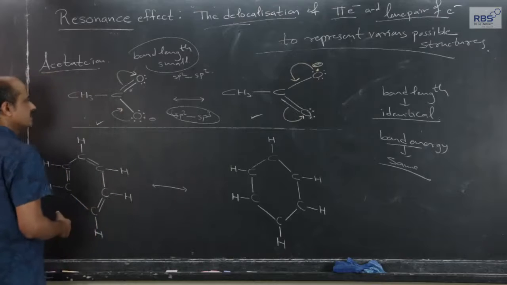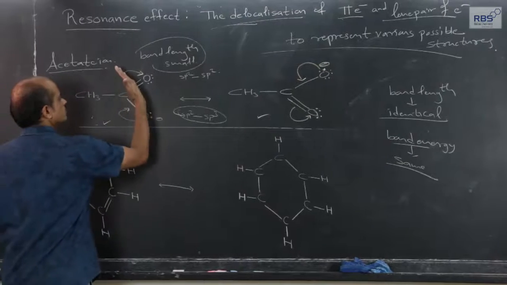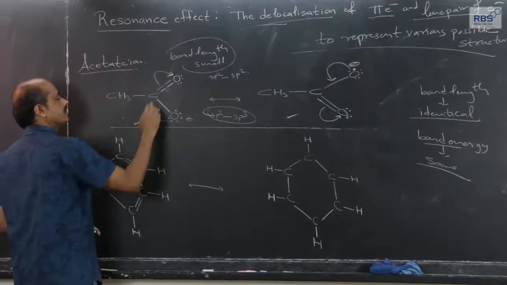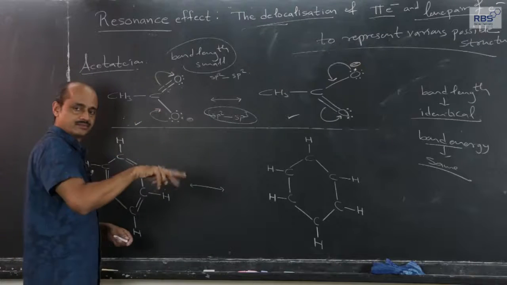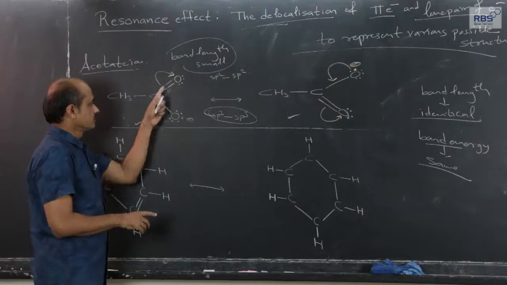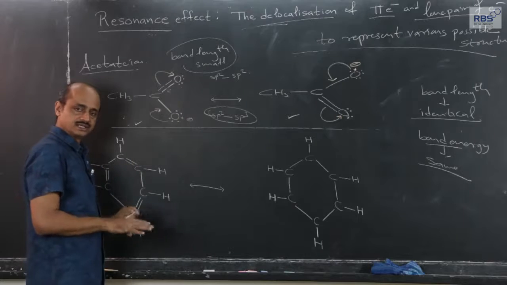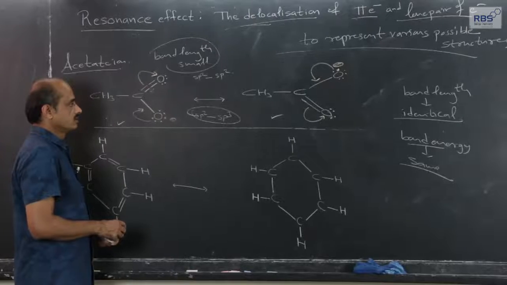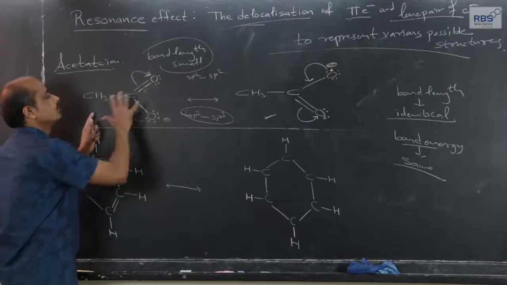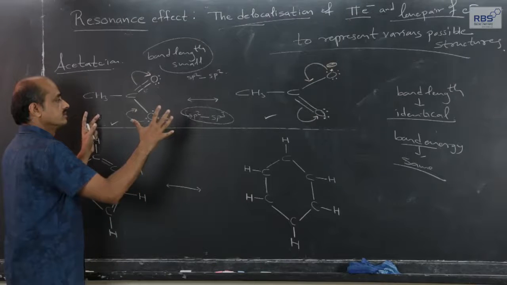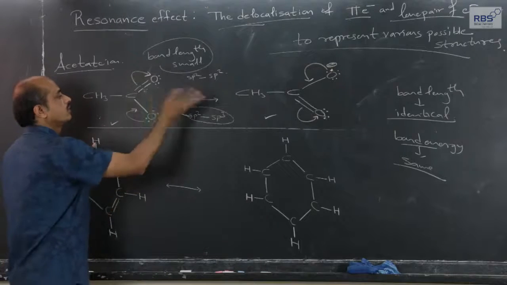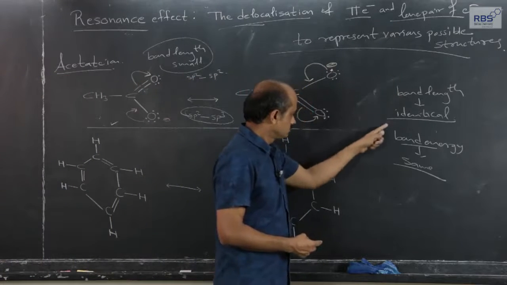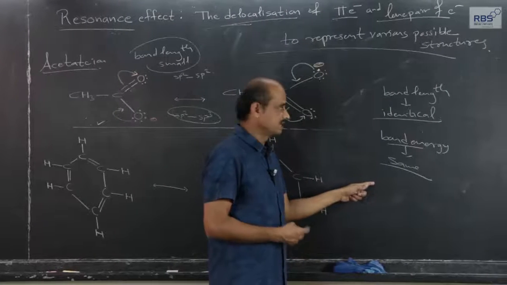From the structure, it is expected that the amount of energy required to break the bond to separate the carbon and oxygen atoms here should be more than what is required here, but actually for both the cases it is the same. The carbon-oxygen bond length is identical. It means that the actual structure is very close to both the structures, but it does not exactly match with any of the two, and the properties also match with what I am saying.